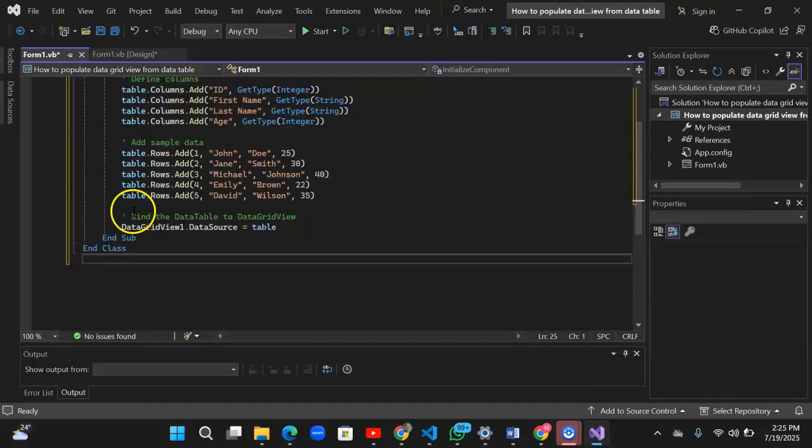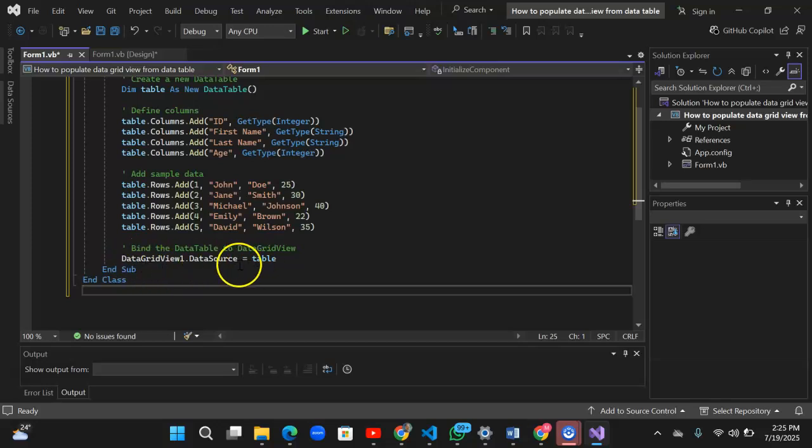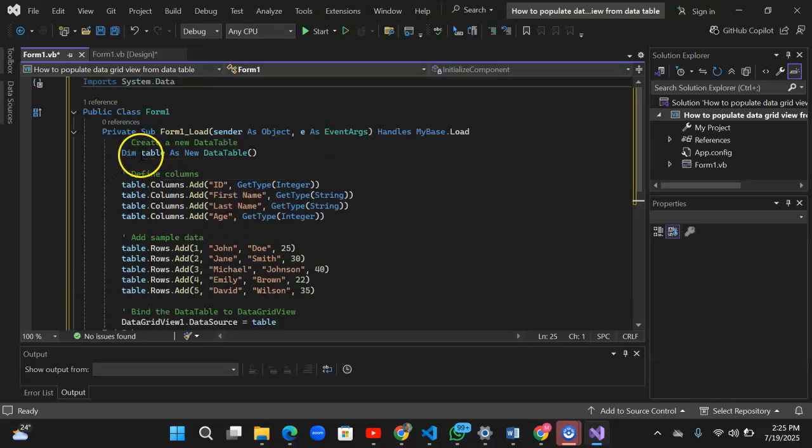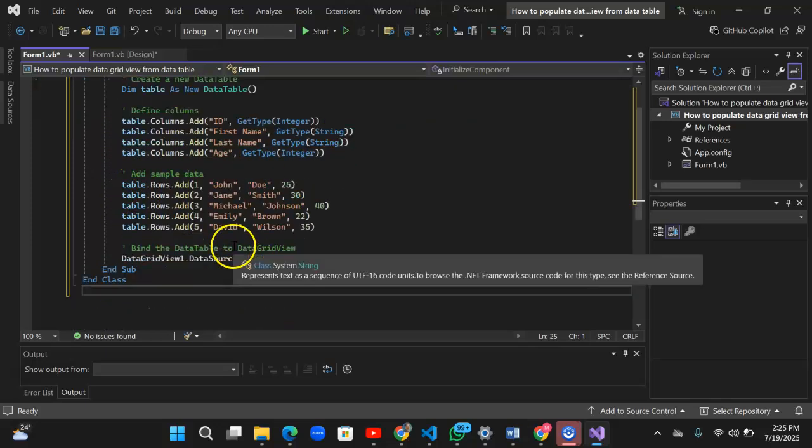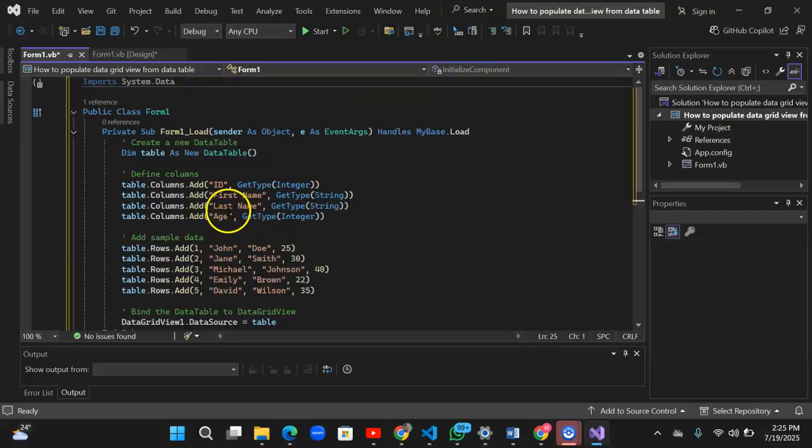And then I call the data grid view's data source for the table. So the table here is the one defining this grid view. So when I'm done,